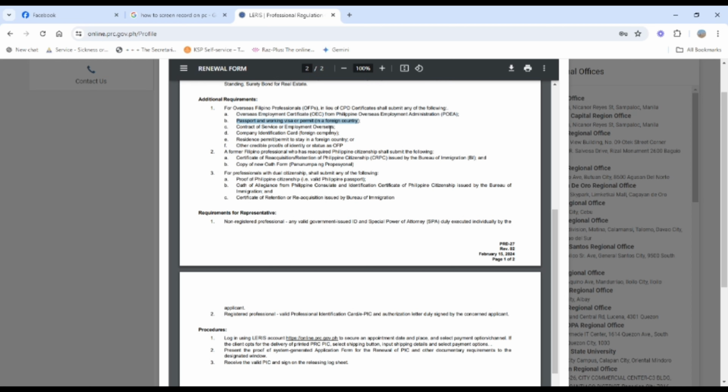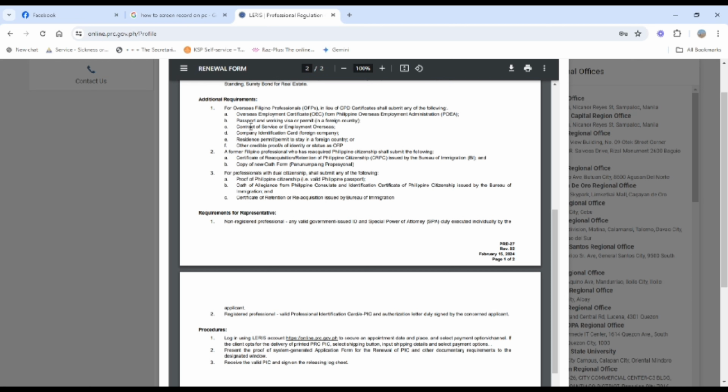Next, passport with working visa and a working permit. And then the contract if you have. And then identification card in your company overseas, and then residence permit, permit to stay in a foreign country, or other credible proofs of identity or status as OFW.